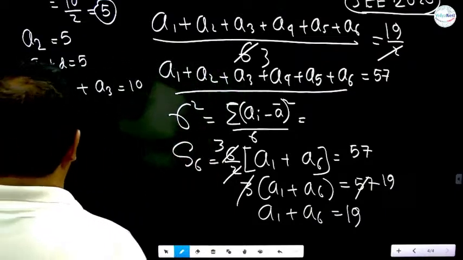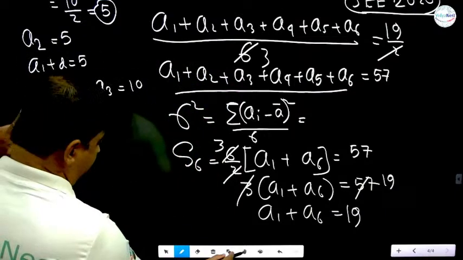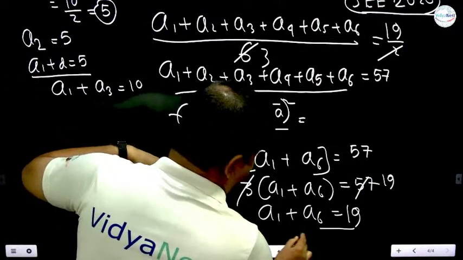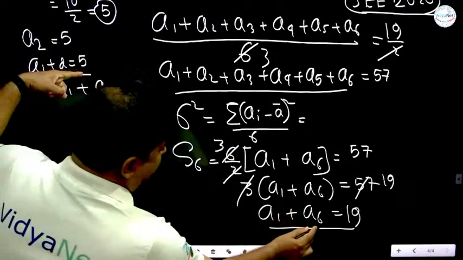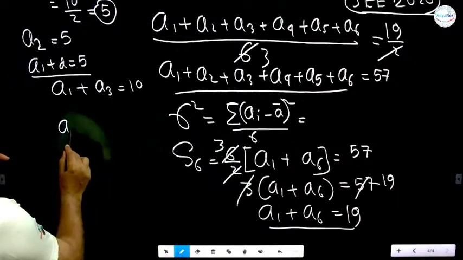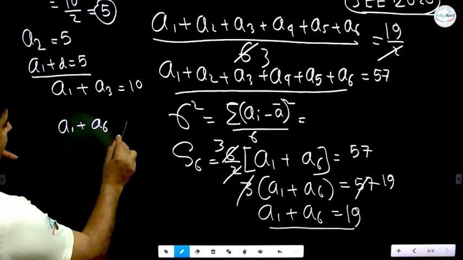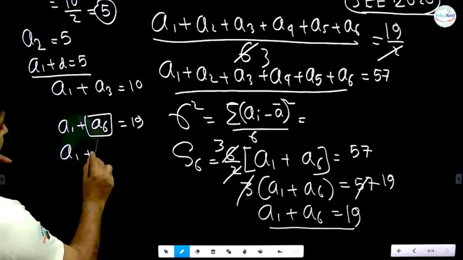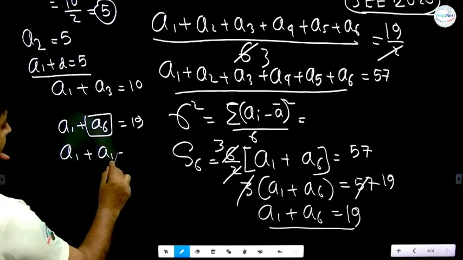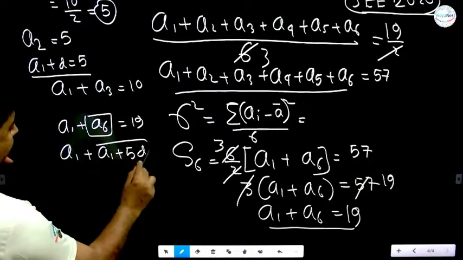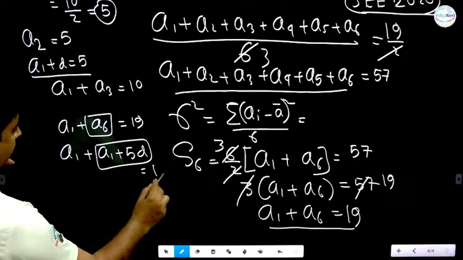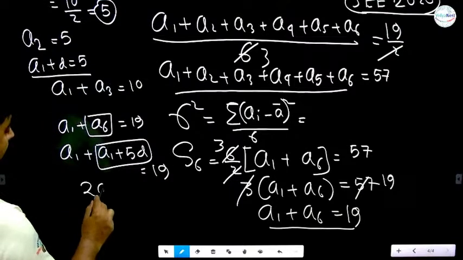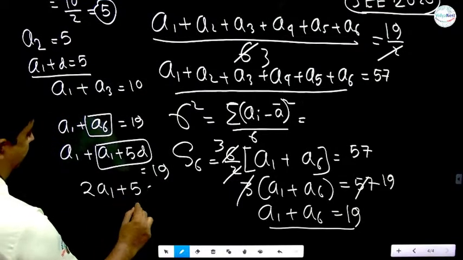तो हमको दो इक्वेशन मिला। देखो अभी तक यहां पे मिला A1 प्लस D 5 और ये जो इक्वेशन, तो ये दो इक्वेशन हमको कंबाइन करना चाहिए। ये जो A1 प्लस A6 19 हुआ, A6 क्या है? अकॉर्डिंग टू द फॉर्मूला ऑफ AP, यू आर टॉट इन क्लास 10 और इवन इन क्लास 11, A1 प्लस 5D, है कि नहीं? सो दो इक्वेशन, अगेन दैट लीनियर इक्वेशन सॉल्विंग। ठीक है।